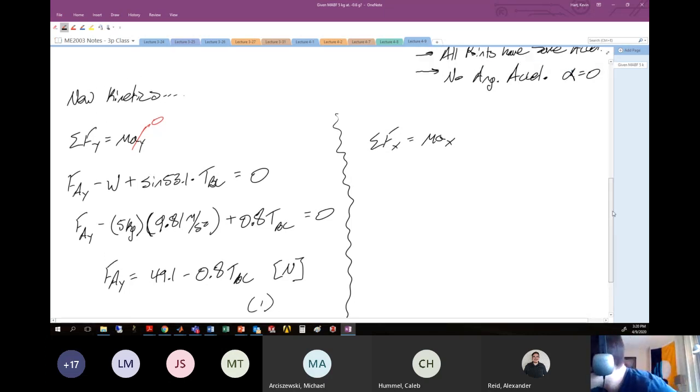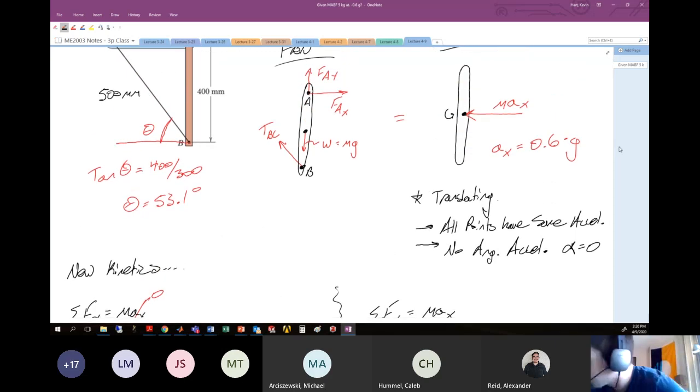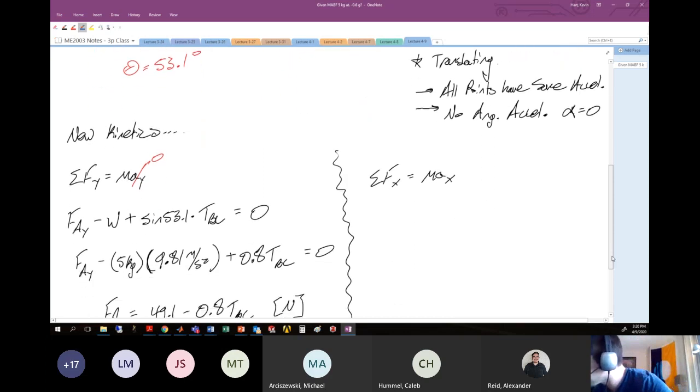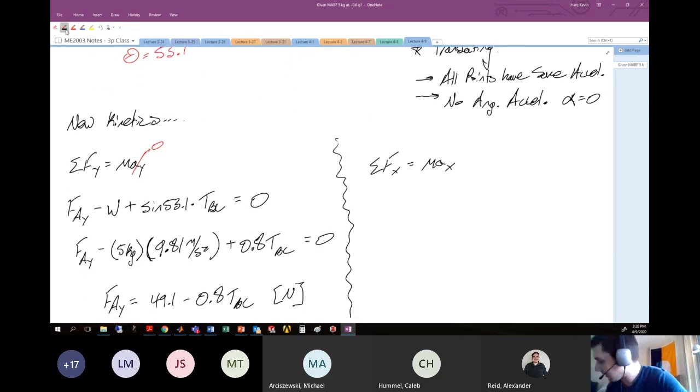Let's look back up at our picture, get some inspiration. So we have a reaction force here at point A. That's going to be in the X direction. And we have some component, again, of the tension at BC that will also be in X. So my force here is going to be FAX. And then my tension component actually acts to the left. So we subtract that. It's going to be the tension